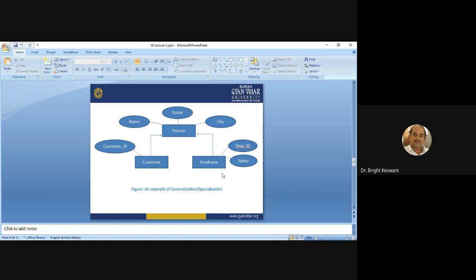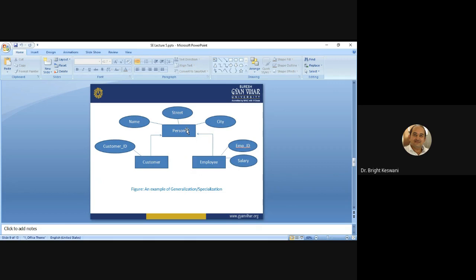So this is the example of generalization and specialization. You can see in this figure that entity sets customer and employee synthesize the common features of entity set person and also their own ones.